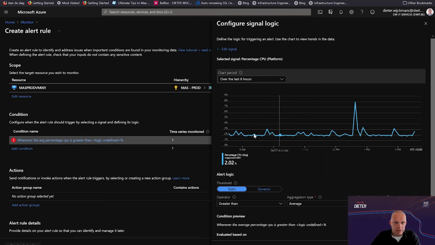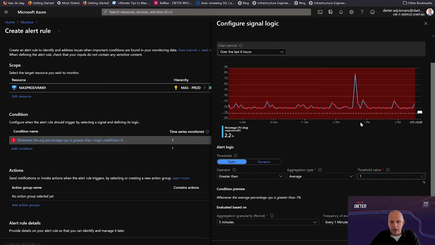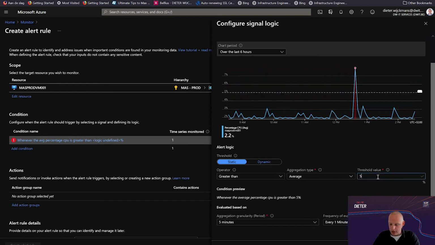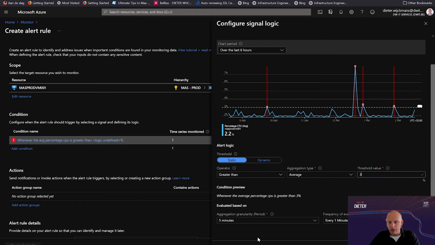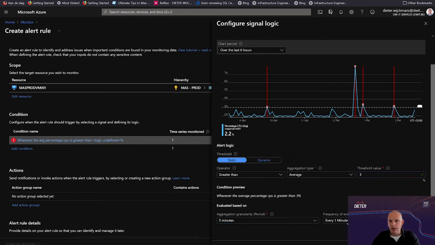Over the last 6 hours, I get the results of the last 6 hours. On the average here, I want to make sure that I get an alert, so I say 1%. And you see that every pinpoint will generate an alert at this point. If I make this higher, you see that in the last 6 hours normally just one alert will be executed. So I'm just going to say 3% or even less. I say that's fine. In here you have the possibility that it looks back for 1 minute or 5 minutes, and it is going to check every 1 minute. So if I click done,